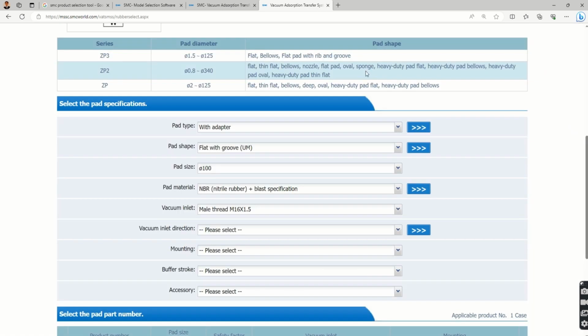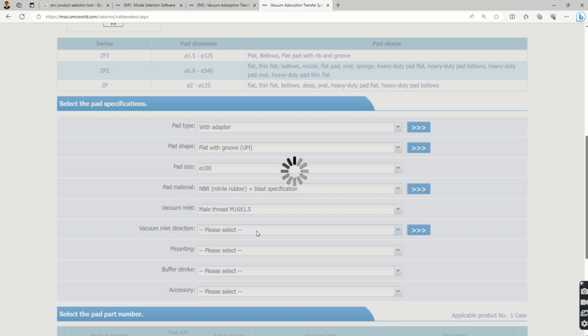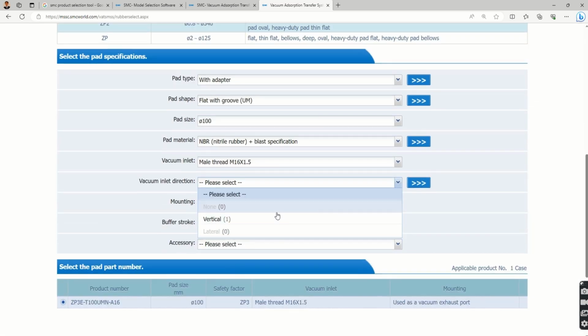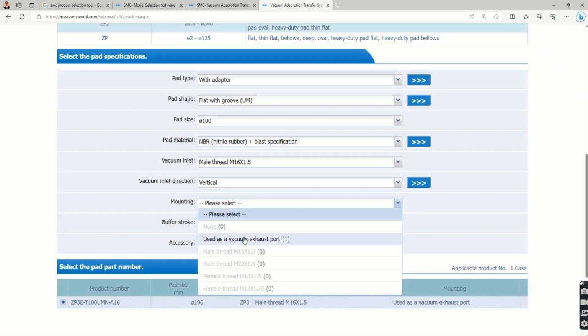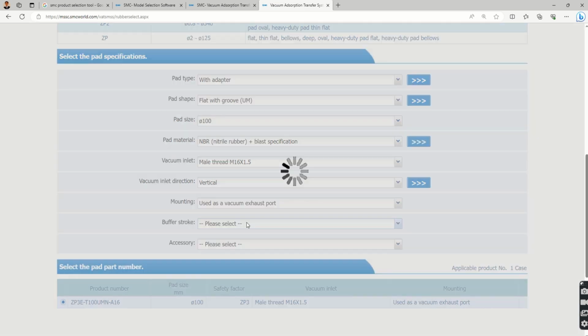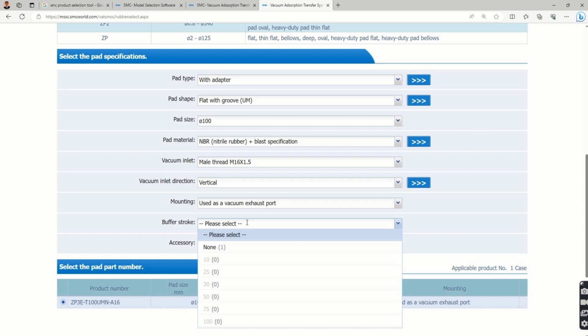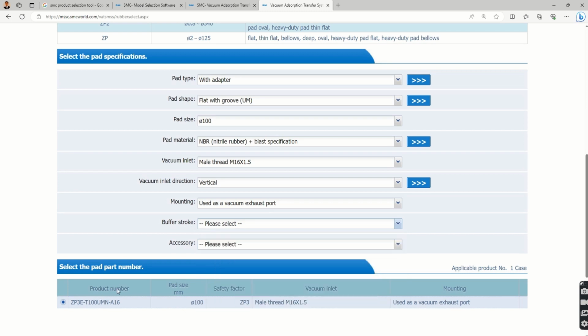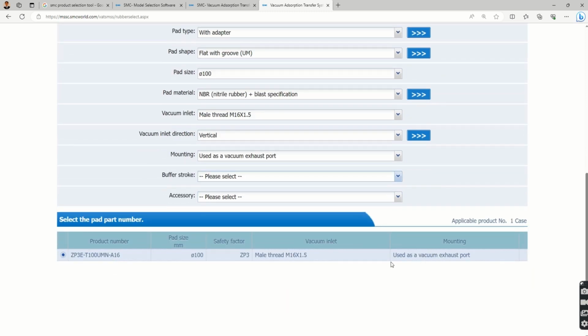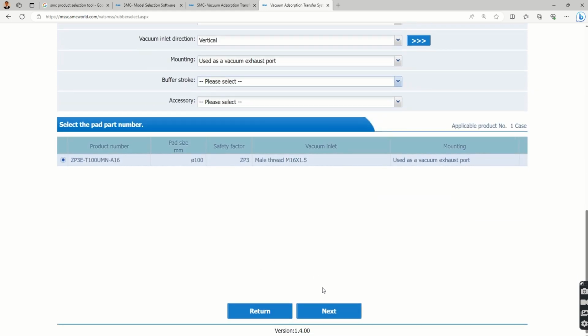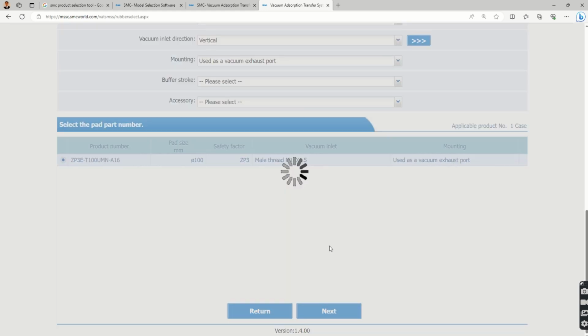So then the vacuum inlet direction, so let's select vertical, and the mounting options are there. And then the buffer stroke, and then the accessories. So with this we have selected our pad. You can see, just click on the next button,